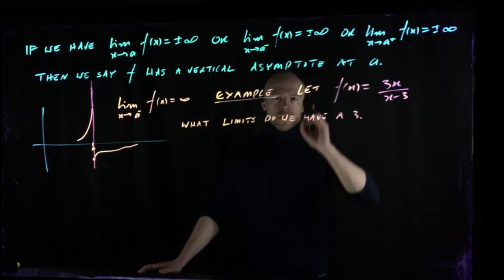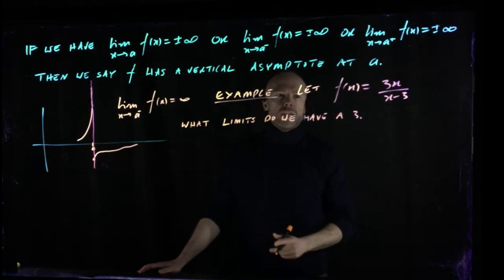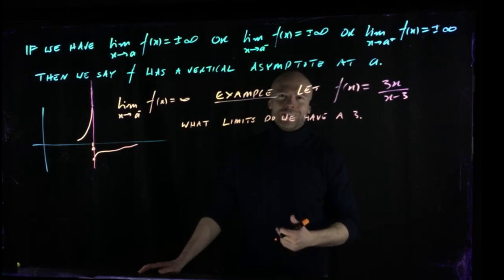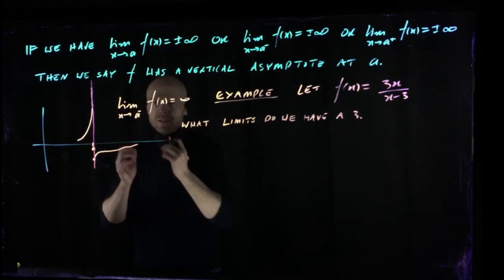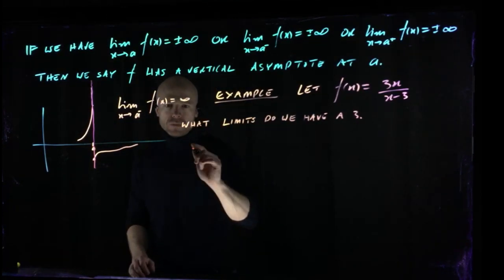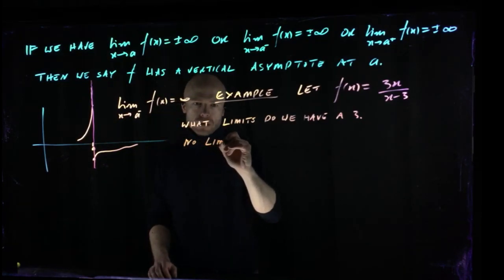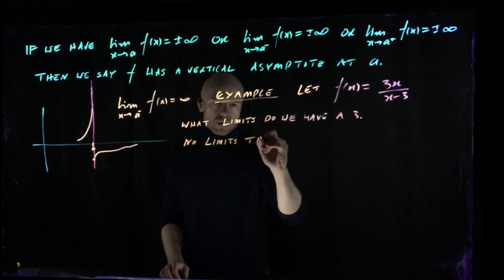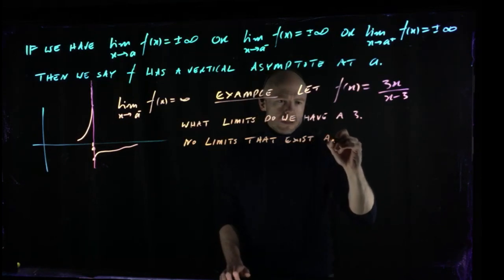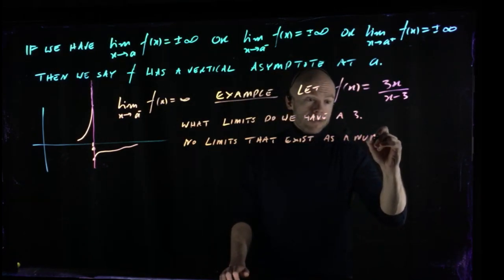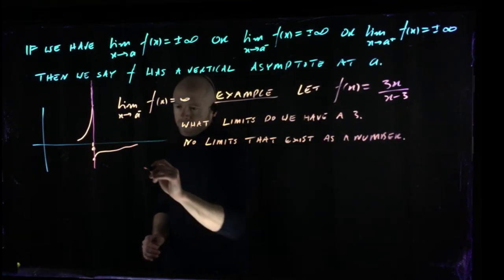So we can write the limit will be maybe infinity, negative infinity, but what limits does it have at 3? It has no limits. Oh, sorry, it doesn't have any limits that exist at 3. So, no limits that exist as a number. So we say it doesn't have any limits at 3. Okay, but